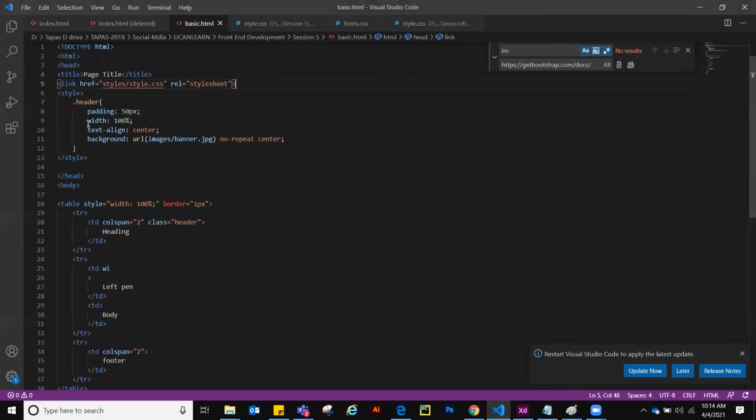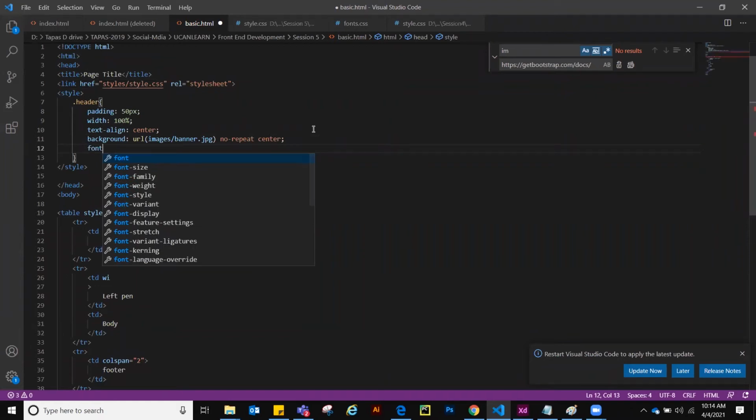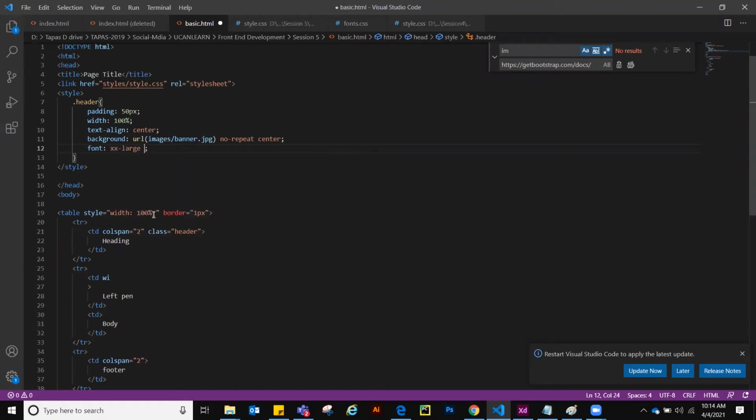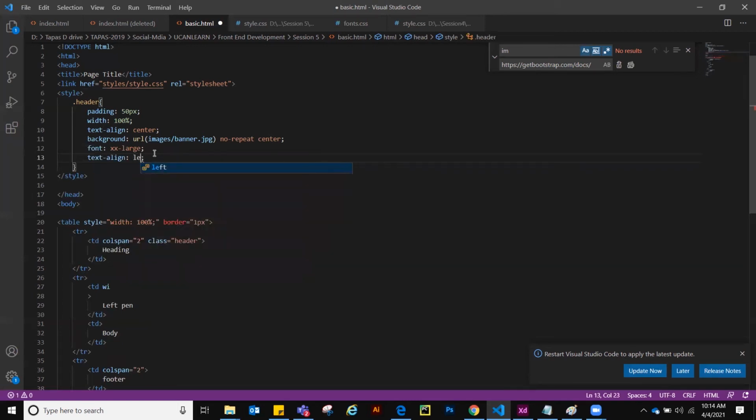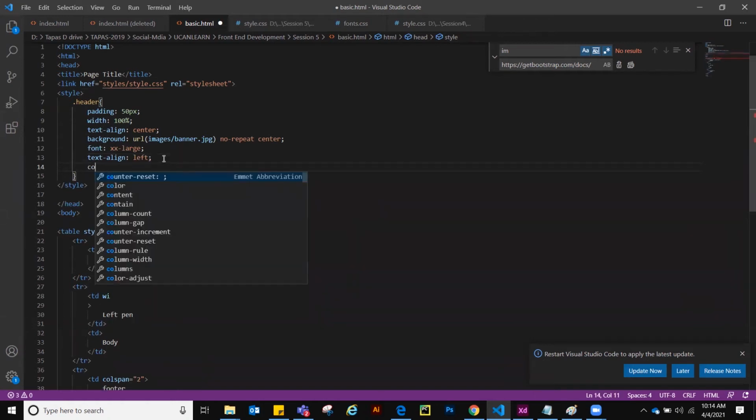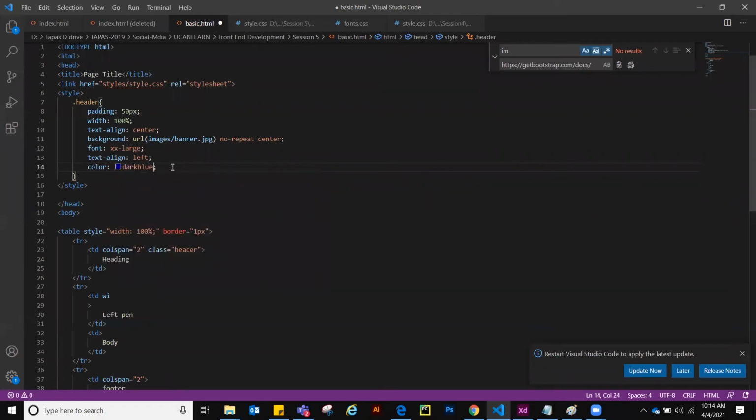Okay, now you can change the text also. Font, make it extra large. Text align, left, color, like let's make it this.